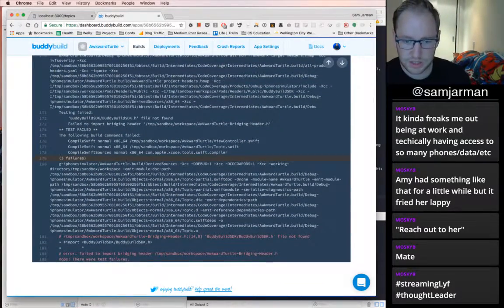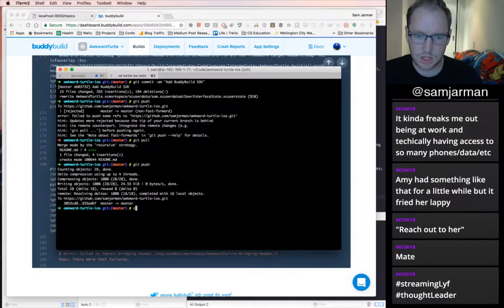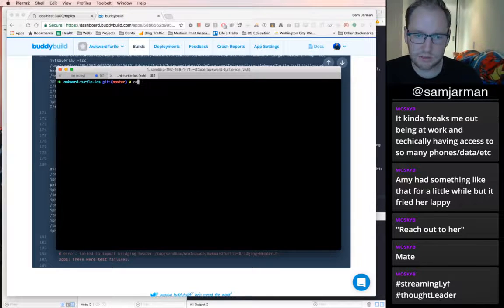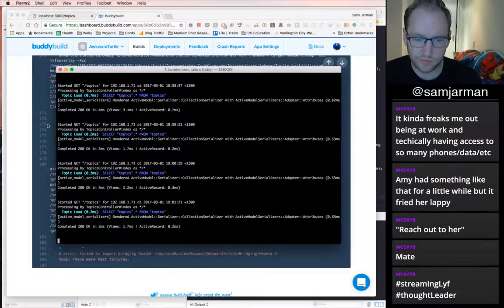Oh, no. Can't import. Yeah, that's fine, because I haven't done that yet. I've seen this one before. Classic, didn't try it. I haven't put it in my Podfile. I put Buddy Build under there, but it's not going to be there. So when I use the same bridging header, it doesn't actually know about it. I have to find a better solution for that. It shouldn't just be what I did earlier, which is just hacking everything. I'll figure that out later.